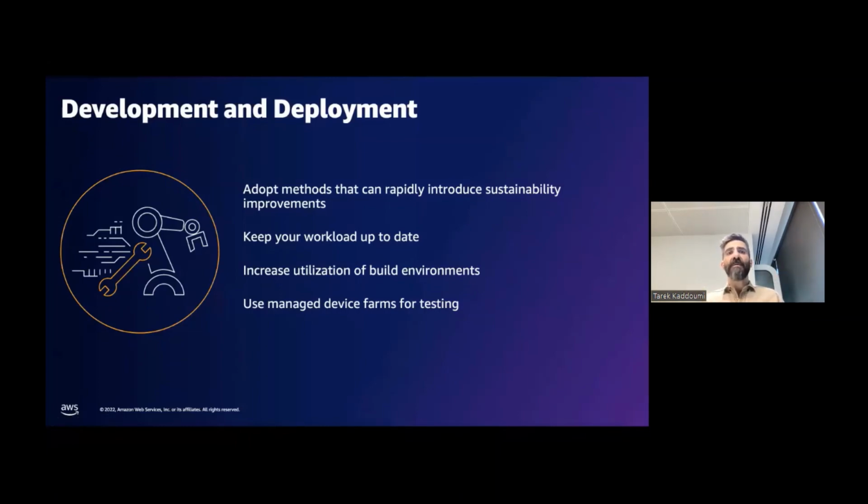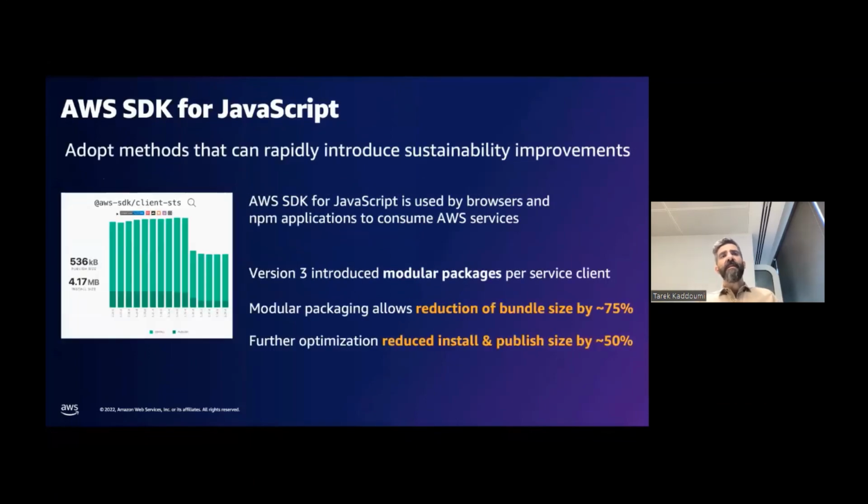Schedule jobs during the times of the day where carbon intensity for power is lowest. And these are the types of considerations for this. As an example that I would like to pick here is AWS SDK for JavaScript, which is used almost wherever browser or Node.js code calls an AWS service. And this, as you can see,